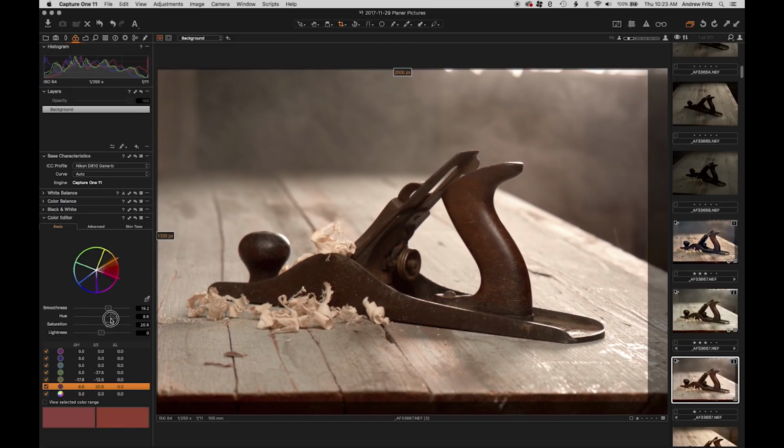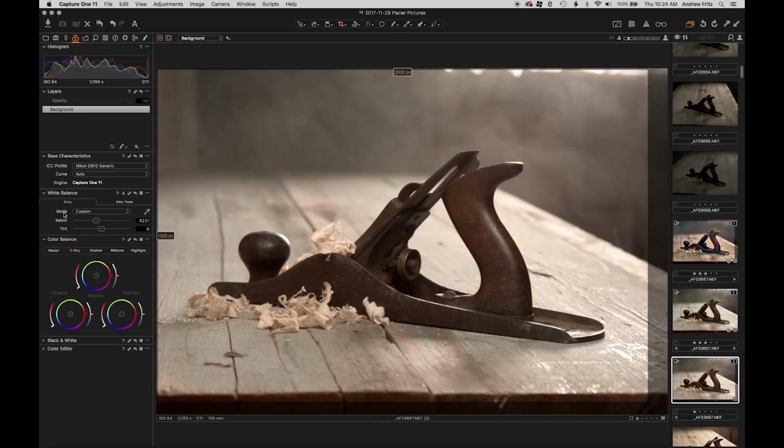Hey, power. Presumably that won't happen again. Okay. And let's go. I don't normally like to go too crazy on the blues and the shadows, but for some reason on this photo I feel like